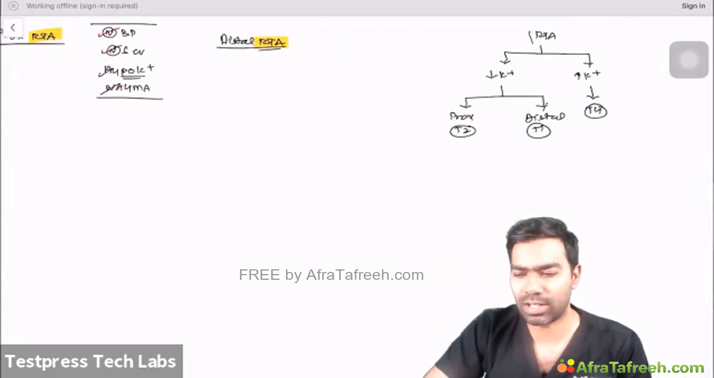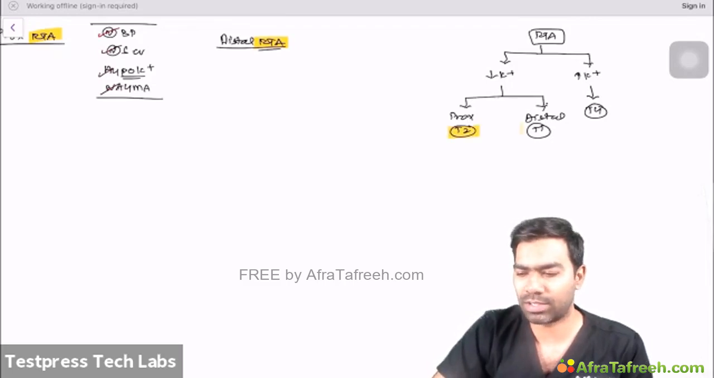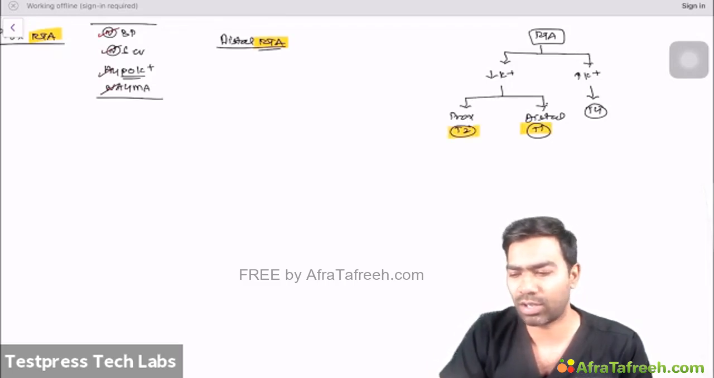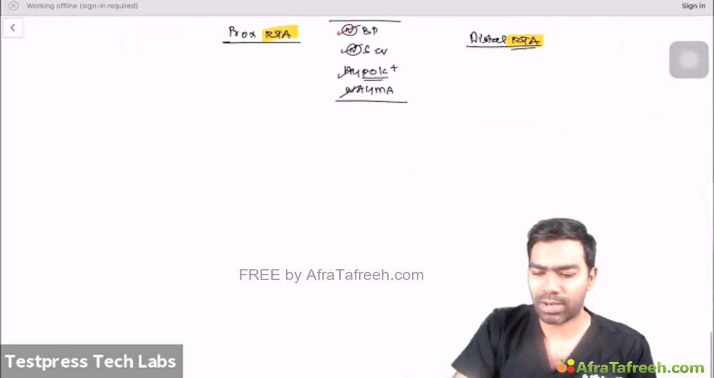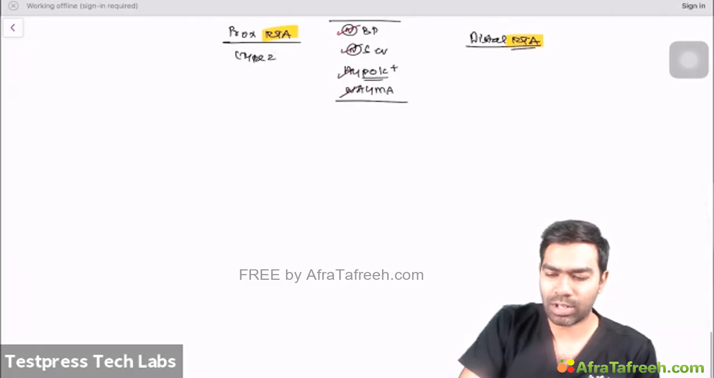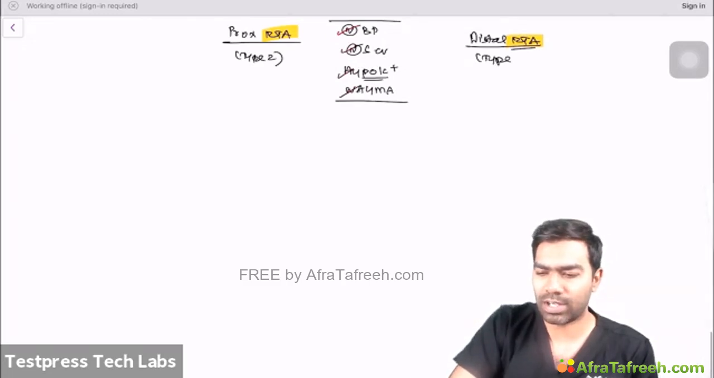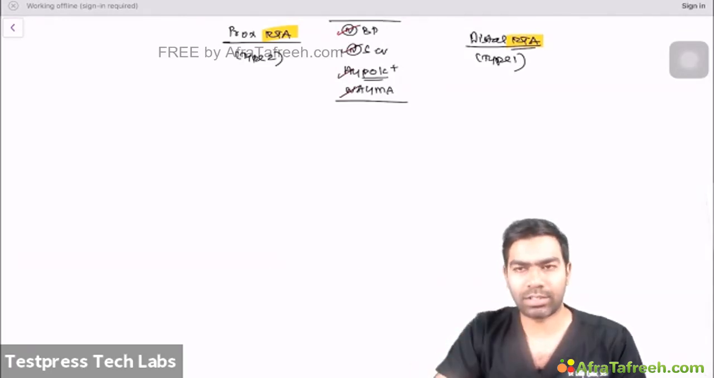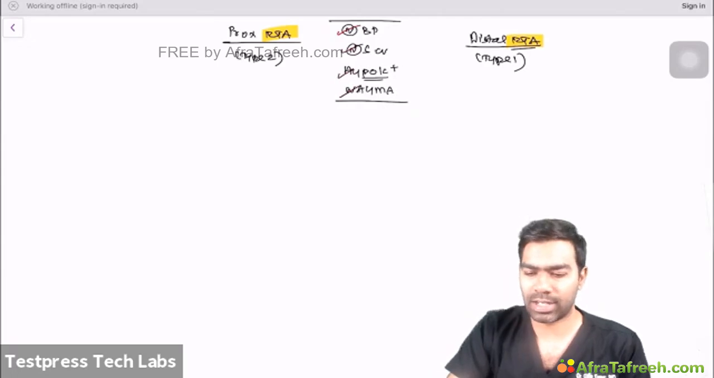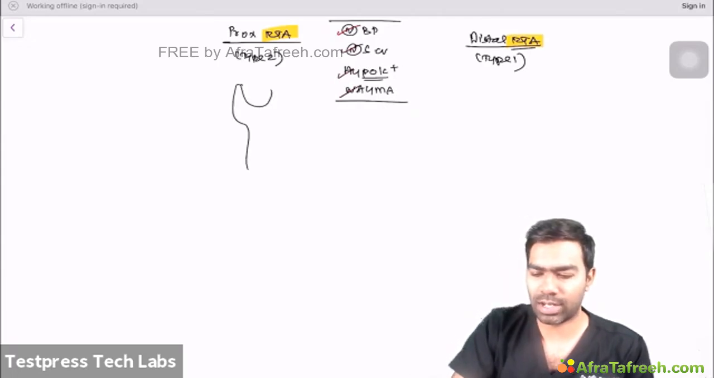I'll tell you what is the reason for hyperkalemic RTA right now, but our understanding should first be very correct on the proximal type 2 and distal type 1 RTA. So I can write in brackets: proximal is type 2 renal tubular acidosis and distal is type 1 renal tubular acidosis. Before going on to the actual causes and etiology of proximal and distal, let us see the basic phenomenon that happens in